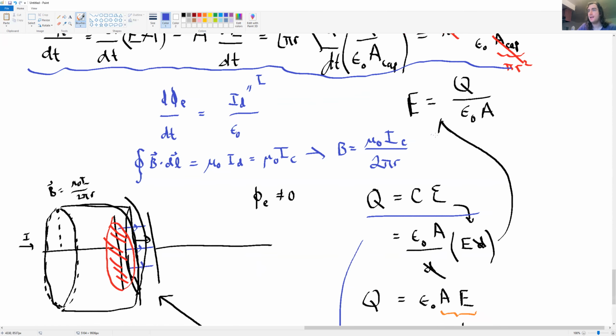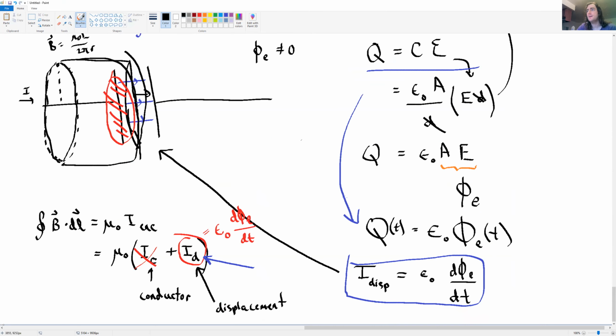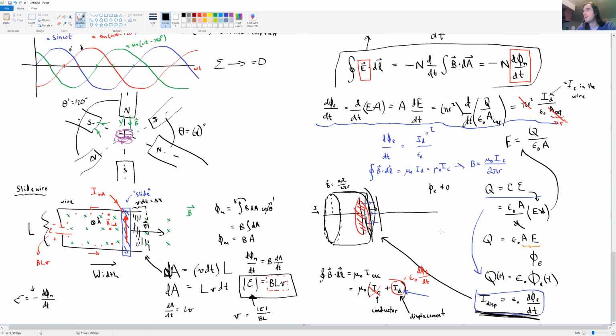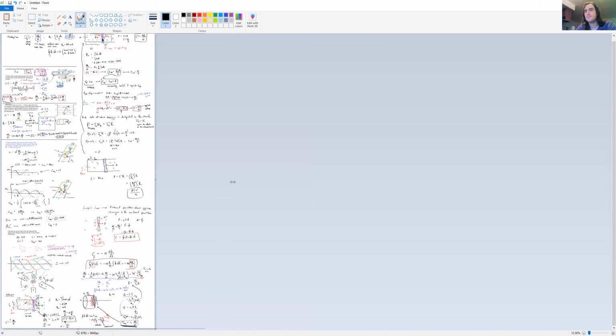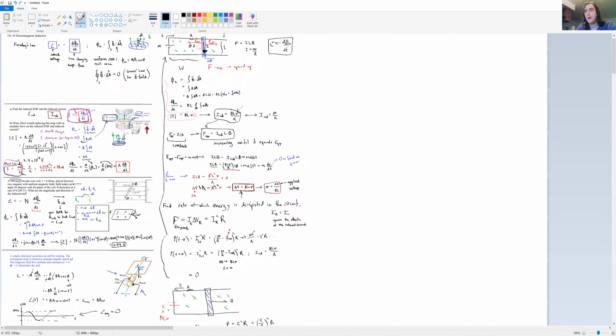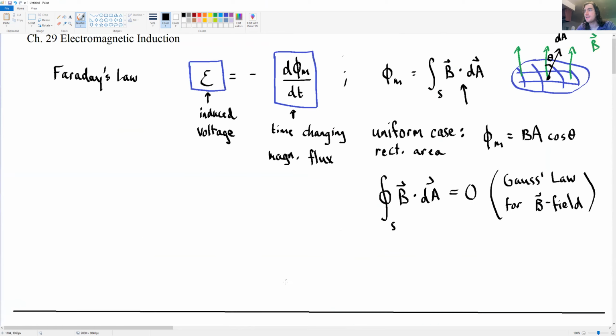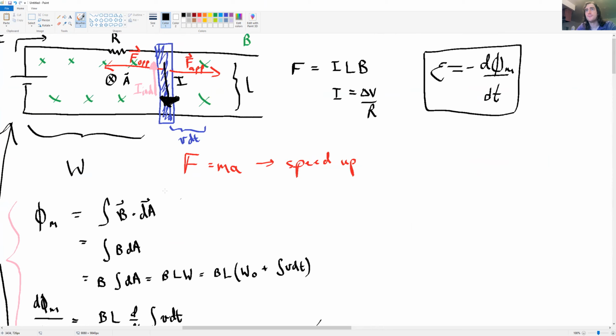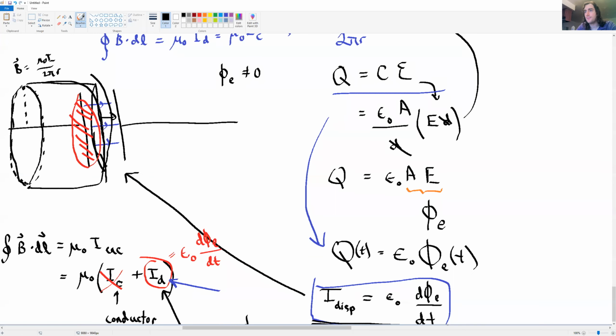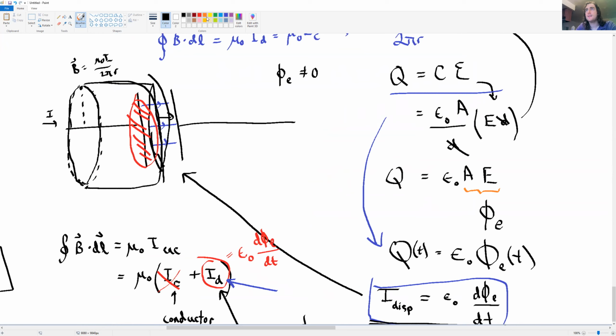Oh, and by the way, since we found this here, that the displacement current is equal to epsilon 0 d phi_E dt, actually it's even better than what I said before. I said kind of like that we were guessing, right? Like we had to guess here to get this. But if you think about it, actually it's a little bit better than a guess, because the conduction current, where are we at here? Scroll all the way down. Okay, here we are. The conduction current here, this term,